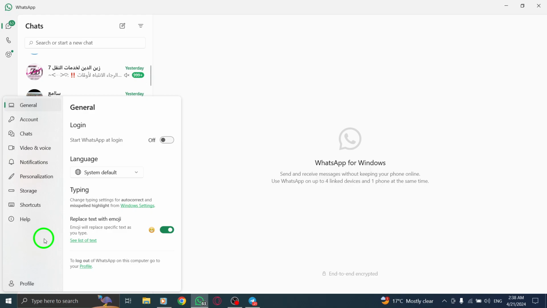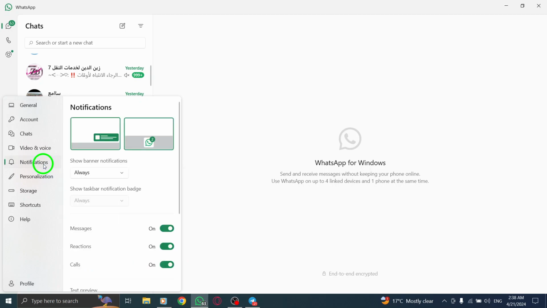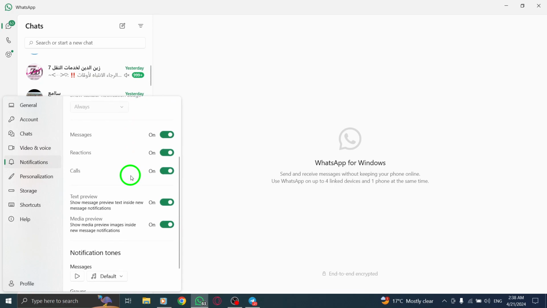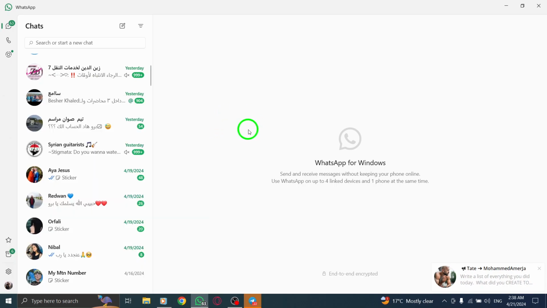Once you are in the Settings menu, locate and click on Notifications. This section allows you to manage how you receive notifications and tailor them to your preferences. By following these simple steps, you can easily view and customize your system notifications on WhatsApp while using it on